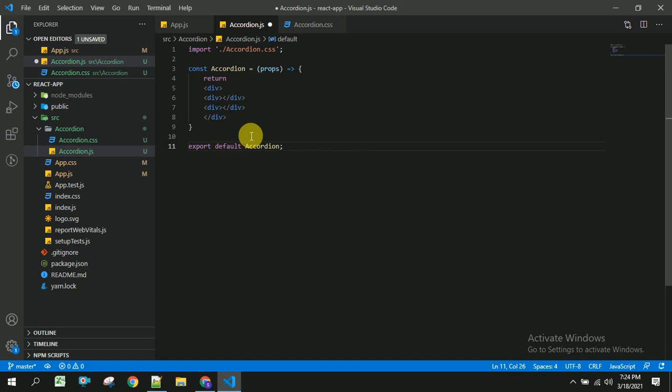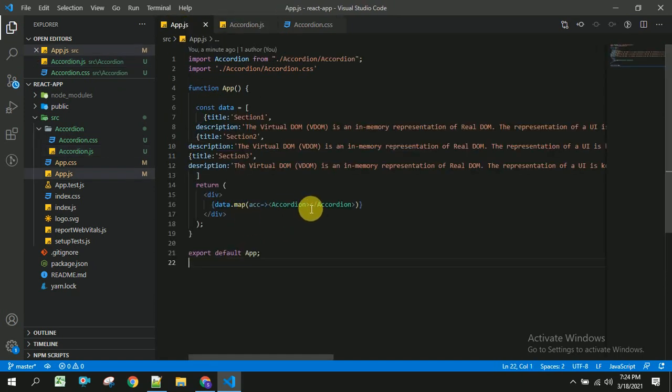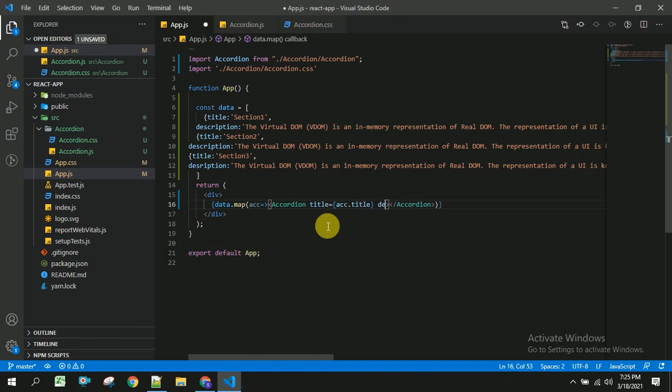So in order to send this title and description, I am going to take title equal to accordion dot title and description equal to accordion dot description.